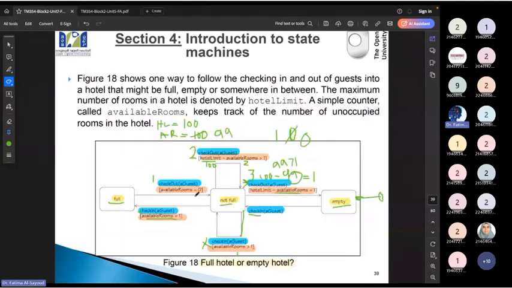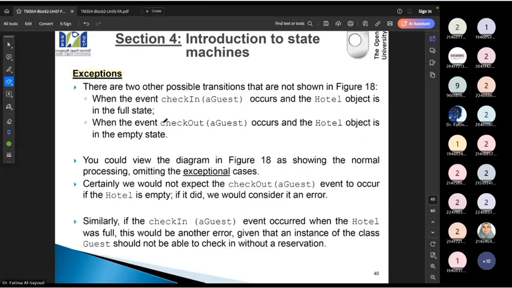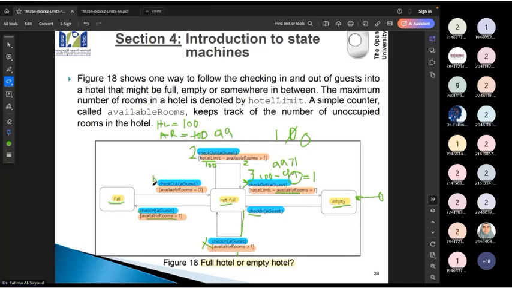Now, let's assume you're trying to check out and we have 2 situations. Either we're trying to do a check-in and the hotel is full, or you would like to check out and the hotel object is in an empty status. يعني في شخص جالس يحاول يعمل check out وأساساً الفندق كان فارغ ما أحد حاجز.